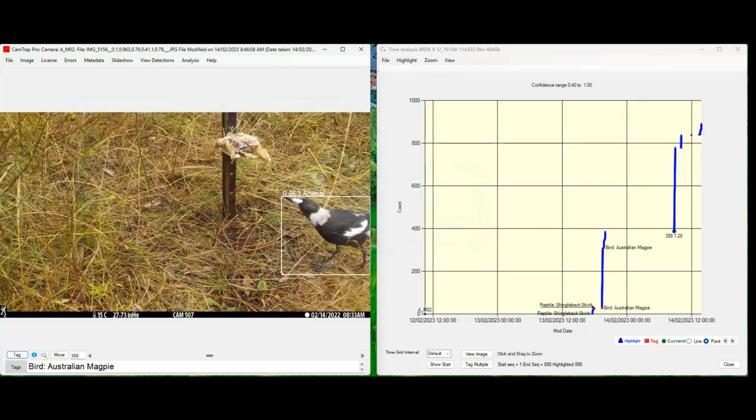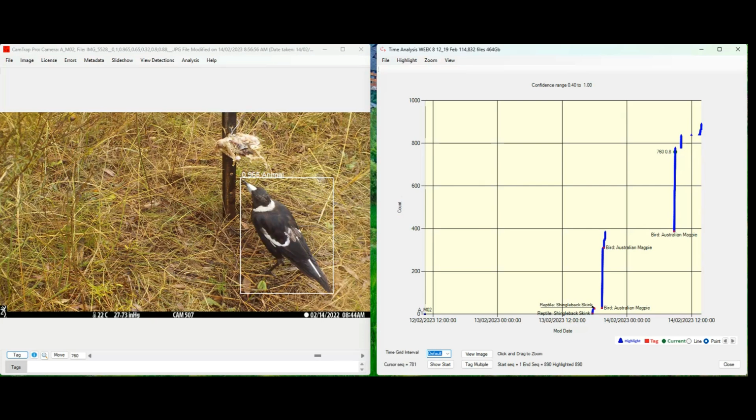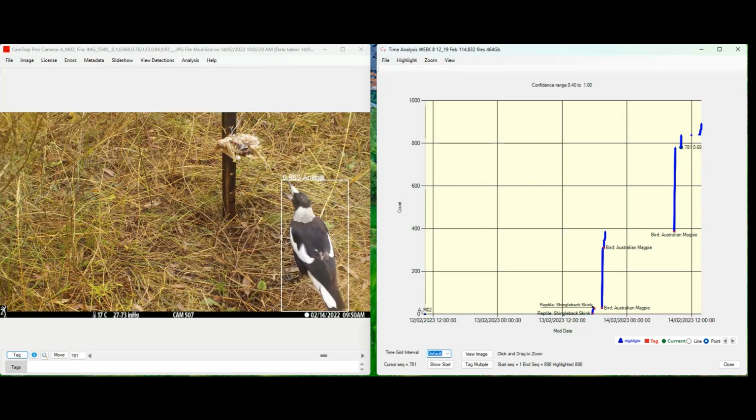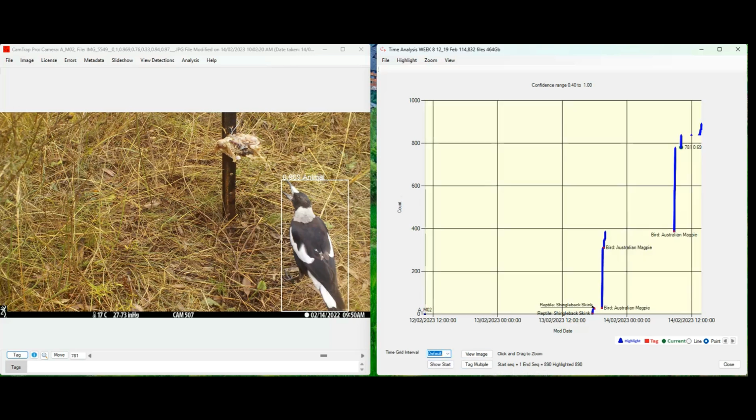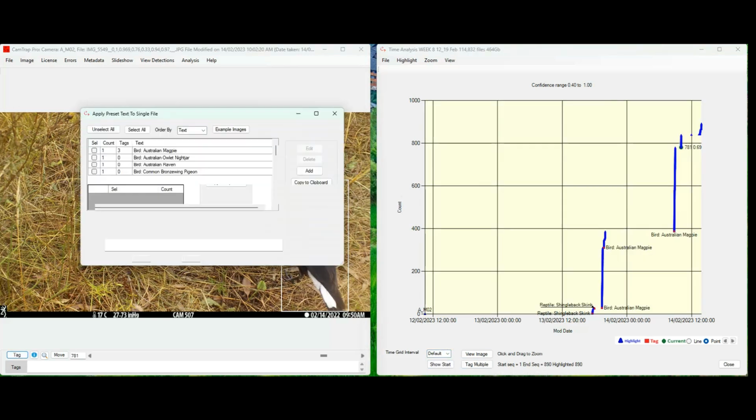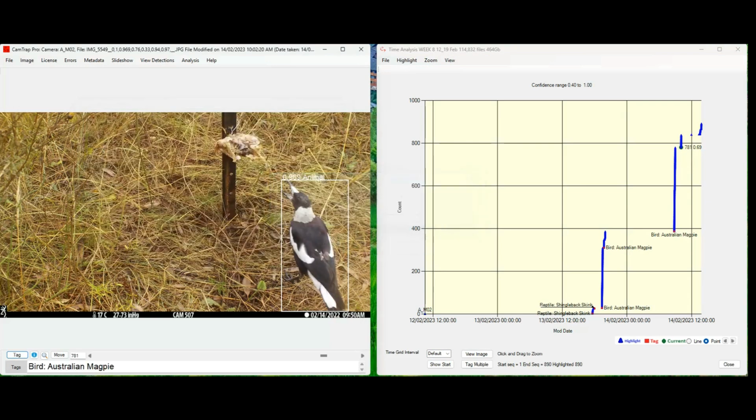Refresh the point, and there it is. Just check that it's still a magpie up there. What have we got here? Oh, it's another magpie. What's the time difference? If we show the 10-minute markers, you can see there's lots in between, so that has to be a new detection event. So magpie again, taking us up to 4. Control E to refresh the points,